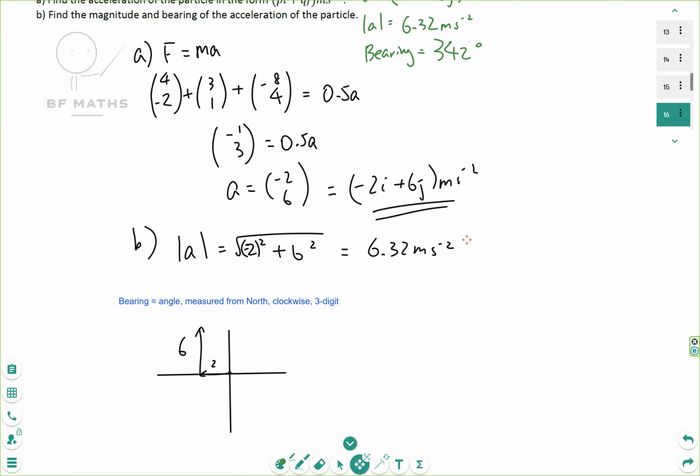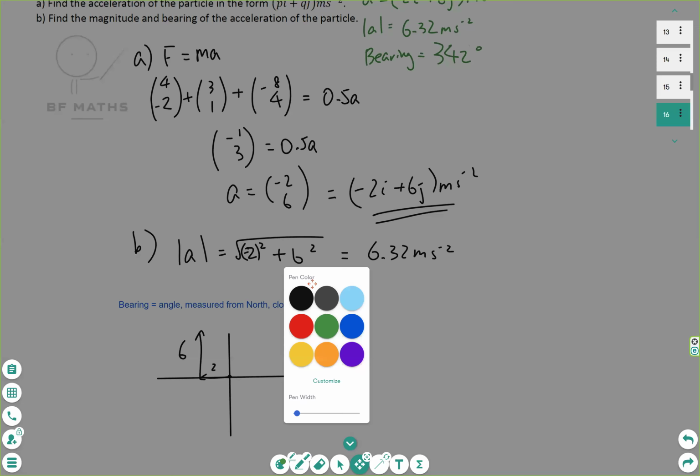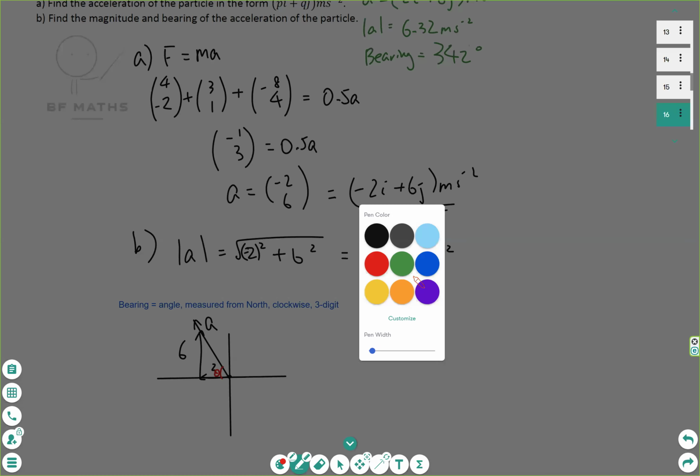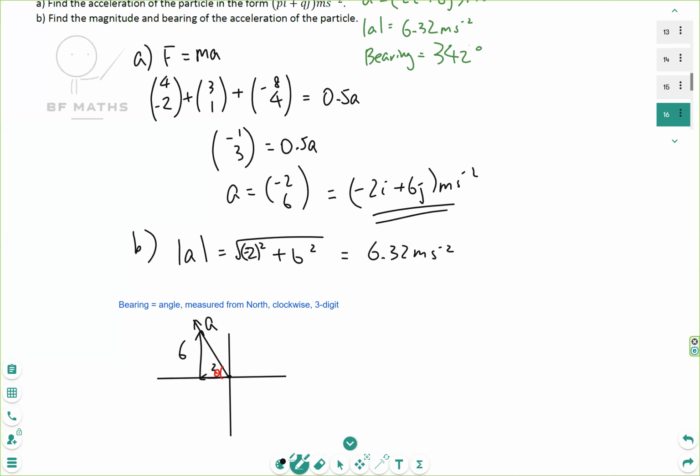So what we need to do is, we can draw the vector of a, so that will be that way, right? So that's a. Okay, and what we need to find out is this little angle theta. So how do we work out theta? Well, using SOHCAHTOA or trigonometry, whichever way you would prefer calling it. So you get tan theta equals 6/2. So theta equals inverse tan of 6/2, which you should get as